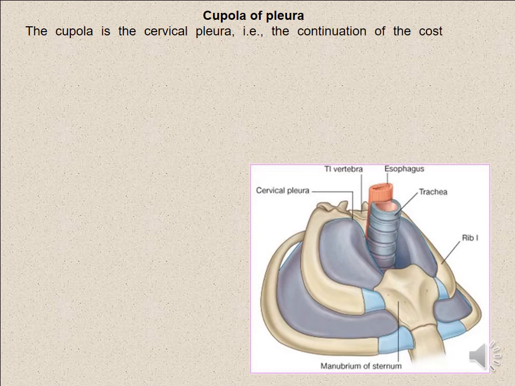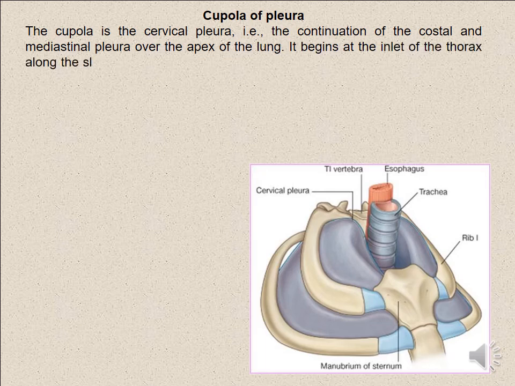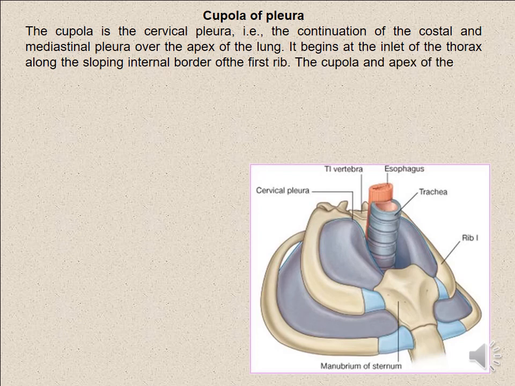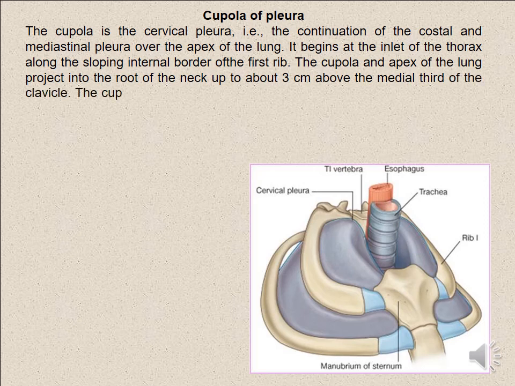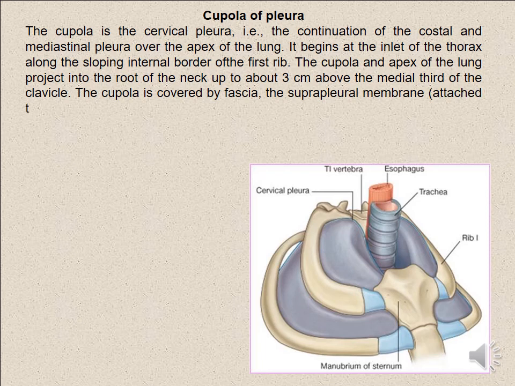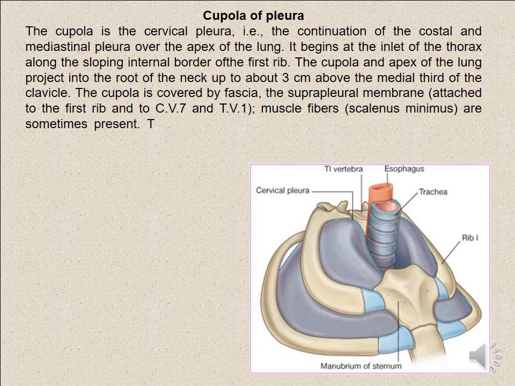The other thing you can see in the root of the neck is the cupula of the pleura. The cupula is the cervical pleura. It is the continuation of the costal and mediastinal pleura over the apex of the lung. It begins at the inlet of the thorax along the sloping internal border of the first rib. The cupula and the apex of the lung project into the root of the neck up to 3 cm above the middle